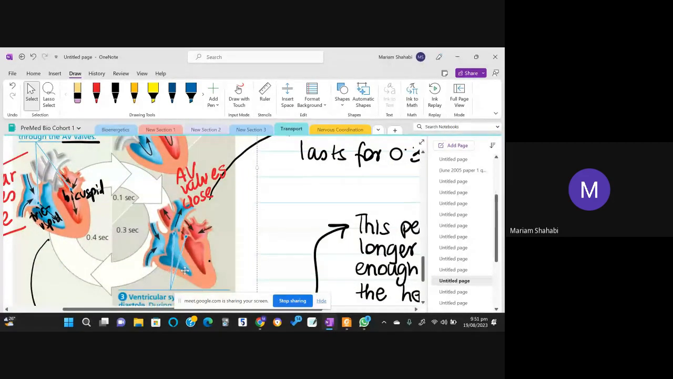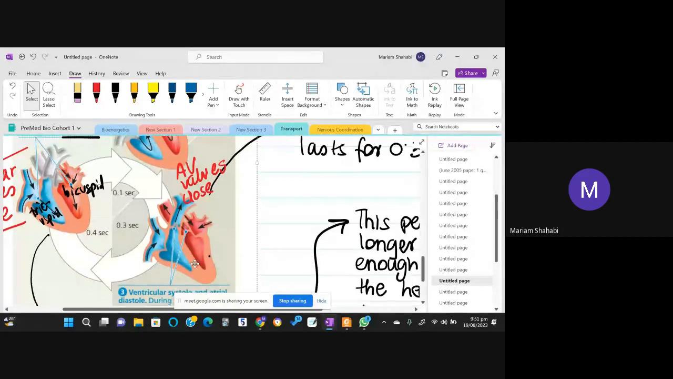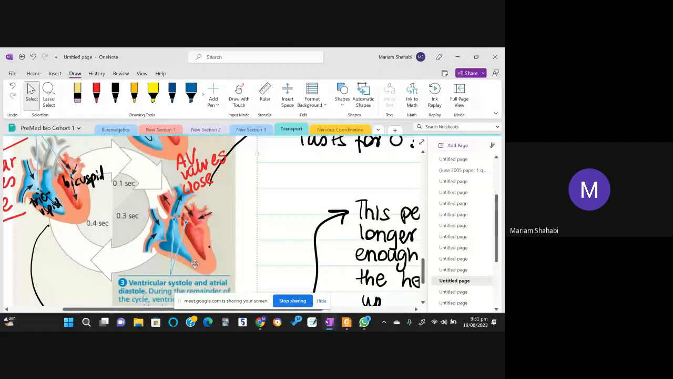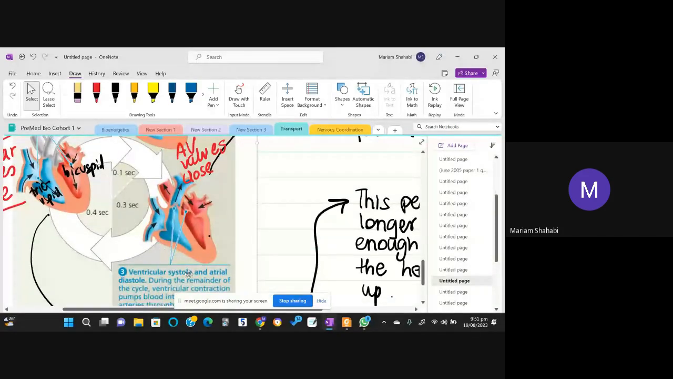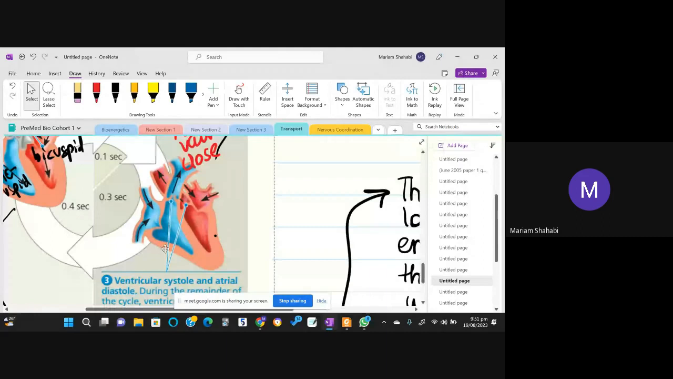अब क्या होगा? अब वेंट्रिकल्स के अंदर प्रेशर बढ़ रहा है, प्रेशर बढ़ रहा है और साथ साथ कॉन्ट्रैक्शन भी हो रही है. Ventricles will contract and the atria will relax. So the ventricles contract and the atrioventricular valves have closed ताकि backflow ना हो because of increasing pressure. And ventricles के contract होने से blood will be forced